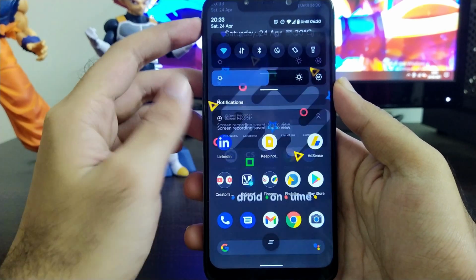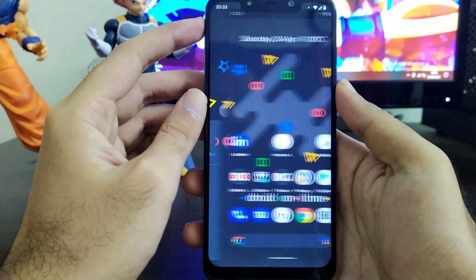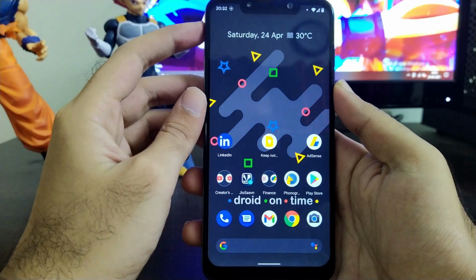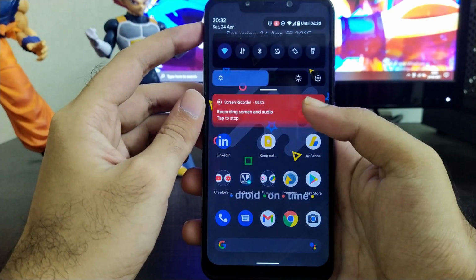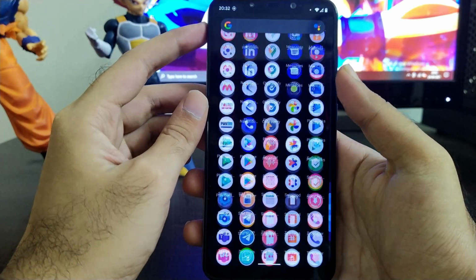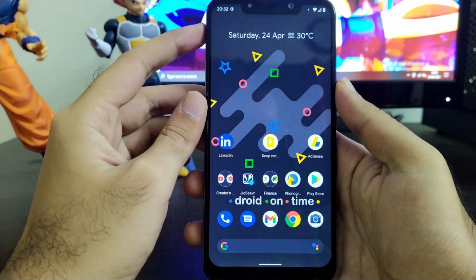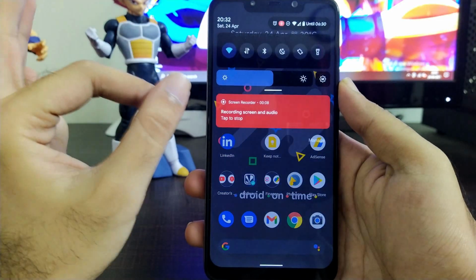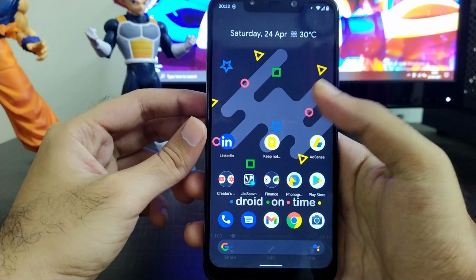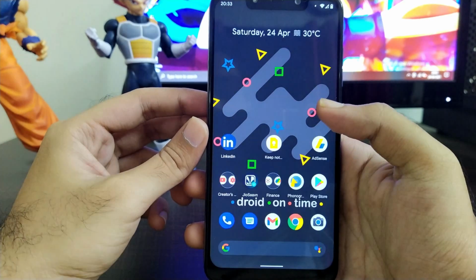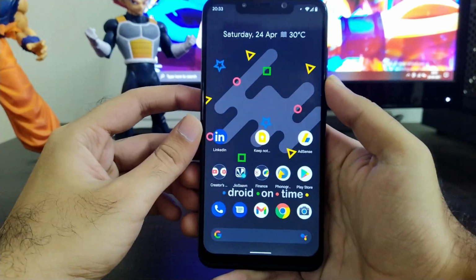And then, as you can see, there are no jitters or lags in the entire screen recording. This means that you can efficiently record all of your gameplays you need for any of your YouTube channels, or if you want to record or create any type of montage and have fun. The screen recording works pretty fine, smooth and stable, and there are no issues at all.